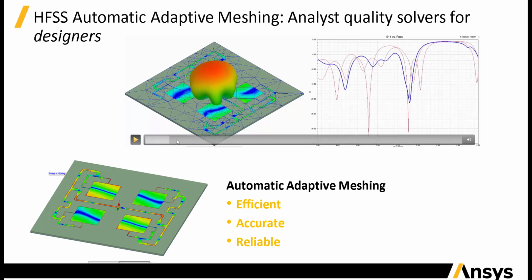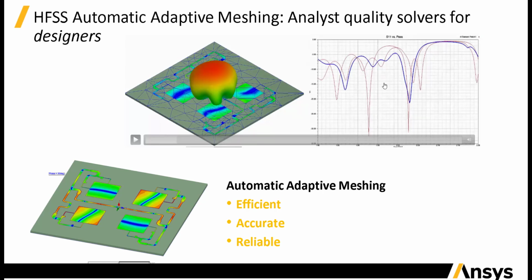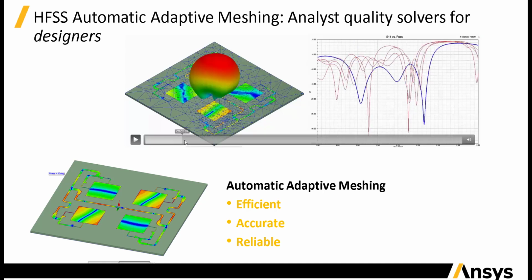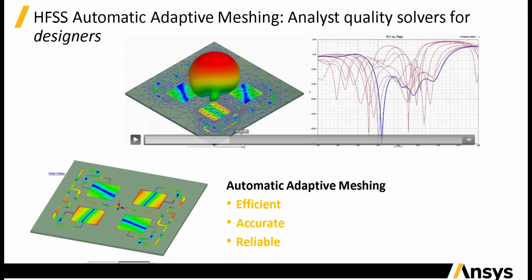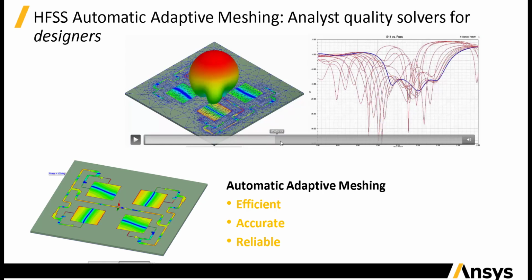Then it will adapt the mesh again, and that will give S parameter 2. Then it checks how the S parameter of my current mesh compares with the previous mesh. Is it deviating a lot? Then HFSS will mesh it again, and it will mesh again and again until your S parameter becomes finer and finer. So you can see now the S parameter looks like it's getting better, and you can also